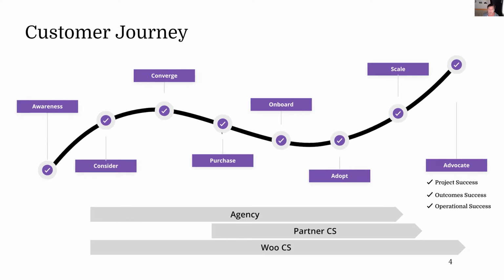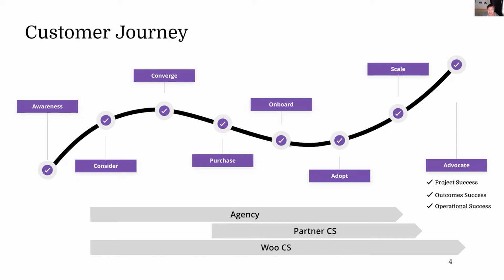If you look at a typical customer journey, there's some early decision making on when they decide to buy the product, and we hope to influence that decision making. We don't do enough of that right now, but as we build a go-to-market team, we're going to start influencing that. And my team right now really kicks in during the onboarding process, right? So we support agencies, and it's a free service, right? We offer it to customers and agencies. We support you through design, solutioning, and quality control to make sure that the customer launches successfully,